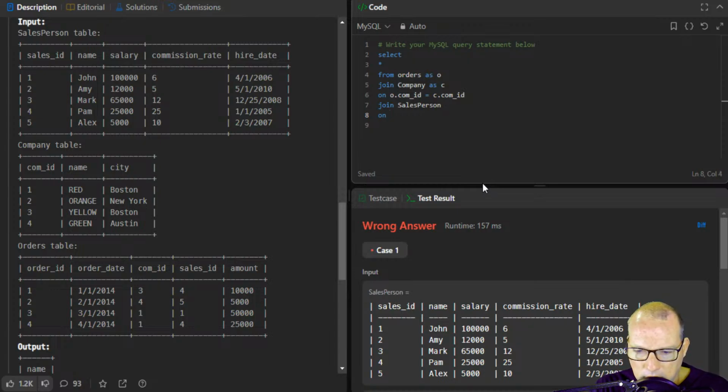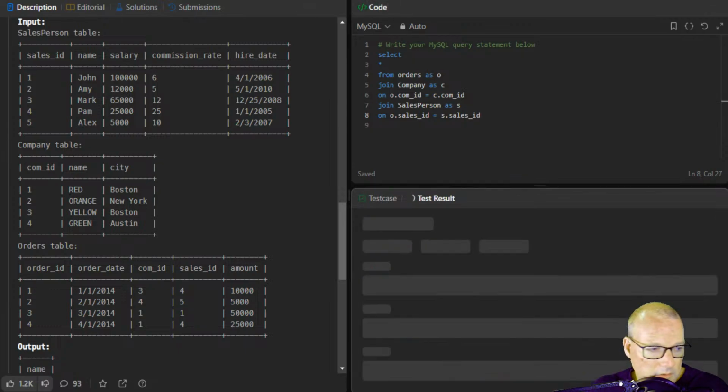On O.sales_ID equals, and we just as S.sales_ID. All right. So now this is overkill, but we're going to bring it all in, and we may